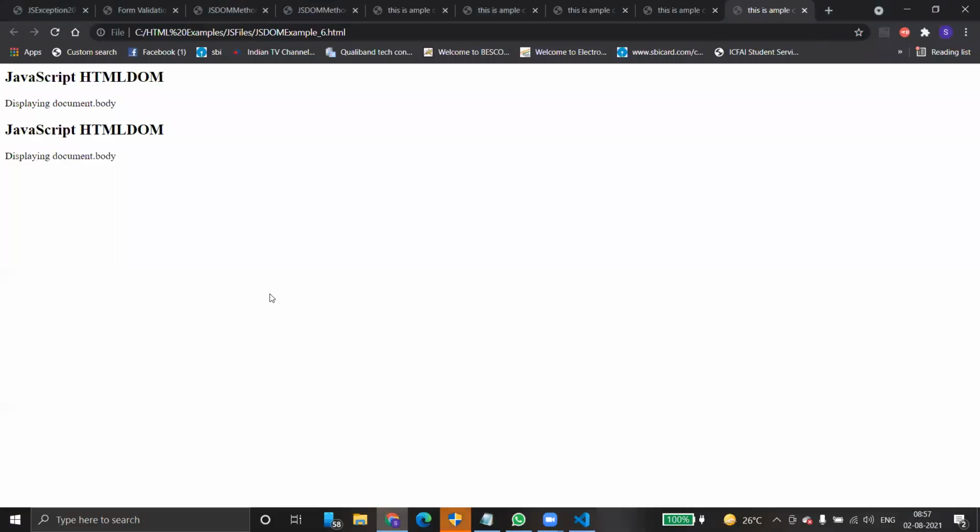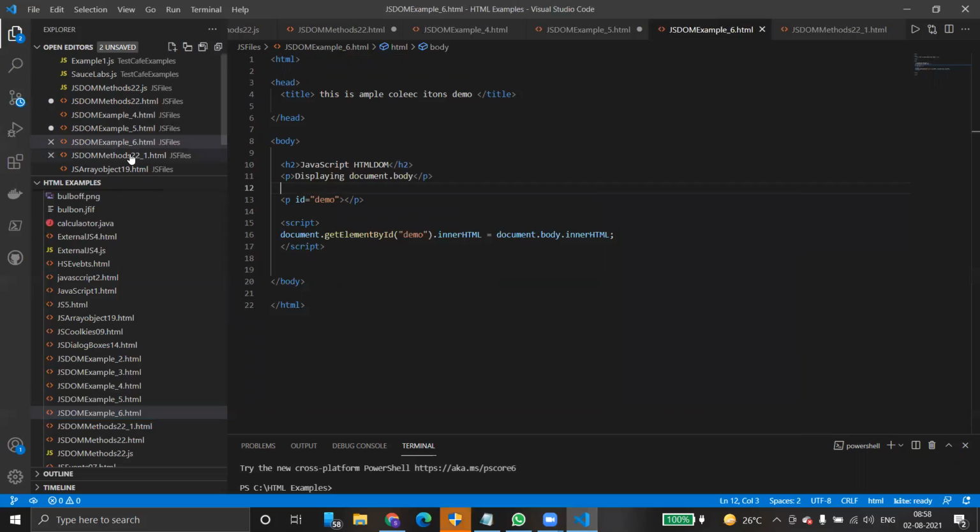So this is the body. This is the entire body. JavaScript HTML DOM display document dot body, right? The entire body is just replicated once again. That's all.